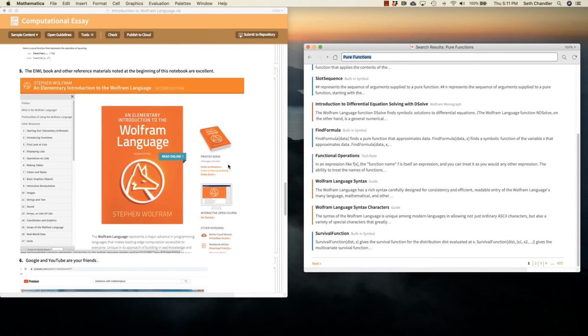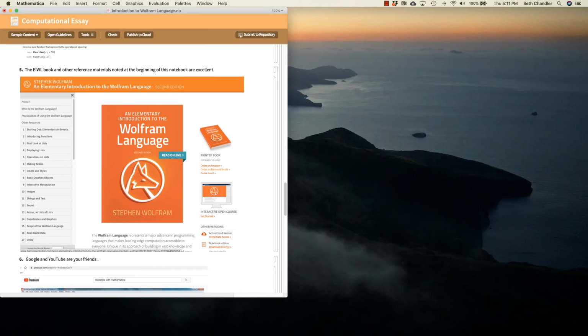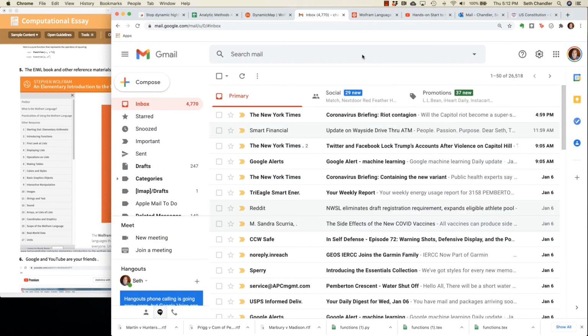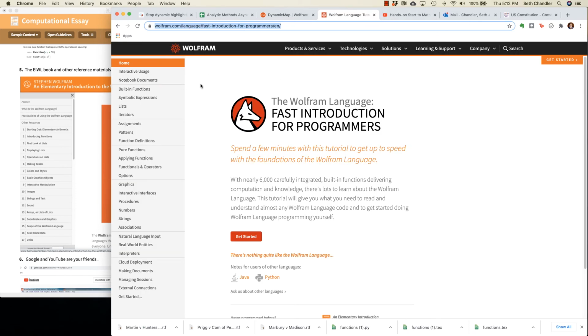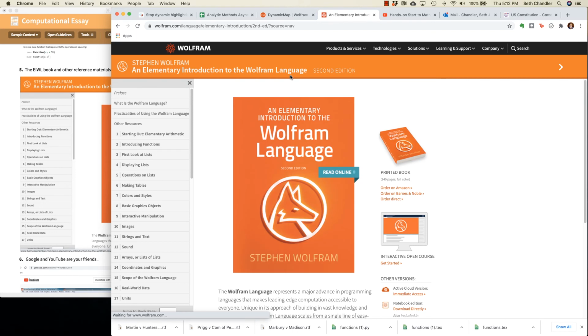But also there's the book. There's the Elementary Introduction to the Wolfram Language book. Let's bring that in. I guess you don't really need to see my email, do you? So we'll just get rid of that. And here is the, no, this is not the elementary introduction, is it? Let's go to the Elementary Introduction to the Wolfram Language, 2nd edition. And it's got the whole book. You can buy it if you want, but